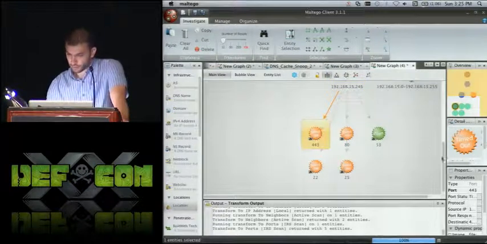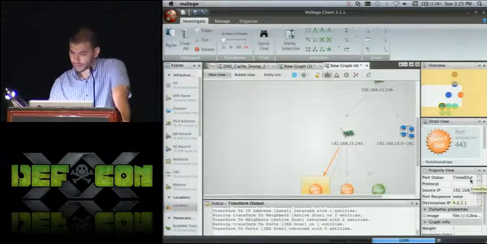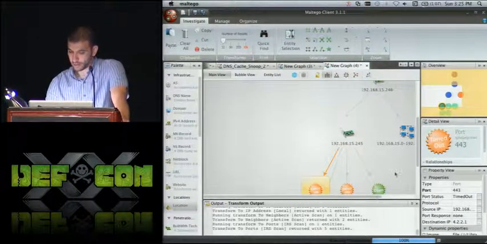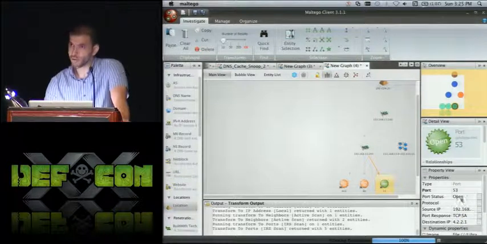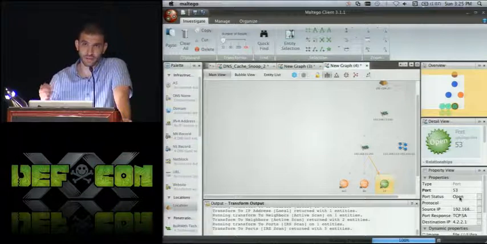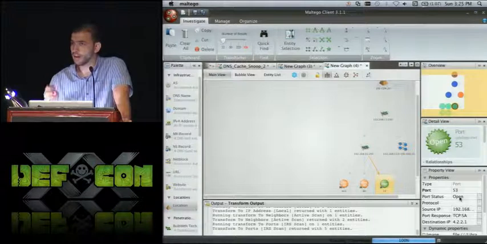And here, if you click on one of the port responses, you can see that the destination was 4221, the source IP was 245, and the port status was that it timed out. So it gives you a reason why it timed out. And here's 53, which is known for 4221 that it is available, DNS, and there it's open. So this is a great way, if you have a whole bunch of IPs, to measure what each server has access to in terms of internet access out to the internet, or maybe to another neighboring network. You can run this on a net block, and you can actually get all of the results.